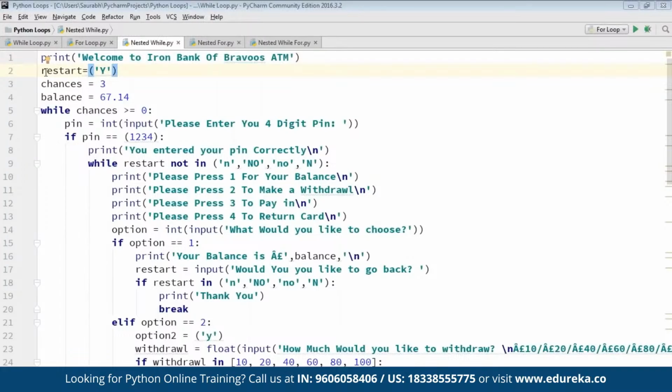And then I have defined a variable restart and assigned a value to it, that is Y. Similarly, chances, I've assigned a value that is 3, and this is the balance that I'm going to initialize, that is 67.14. Notice over here you won't get more than 3 chances to write the correct password. Now comes the while loop, which says that when chances are greater than or equal to 0,